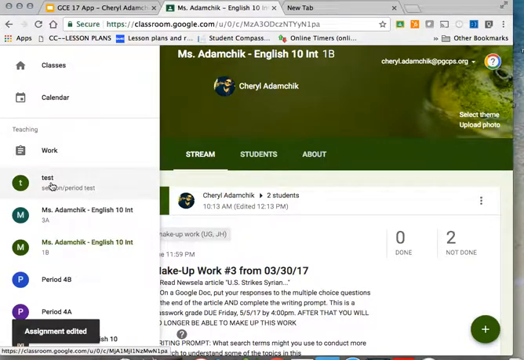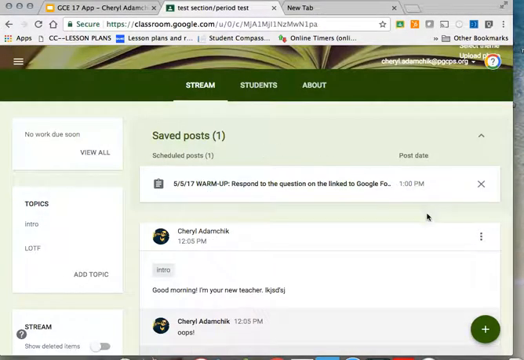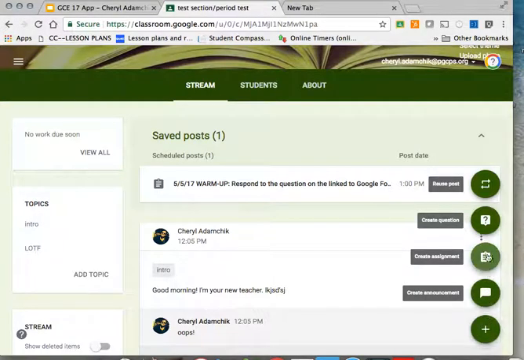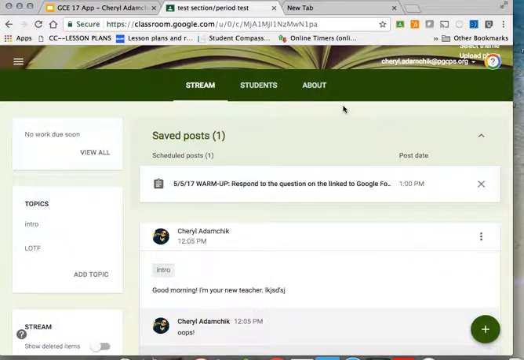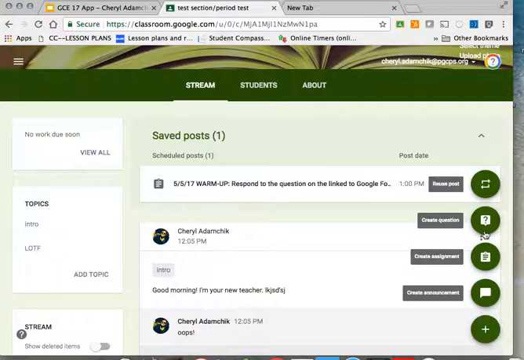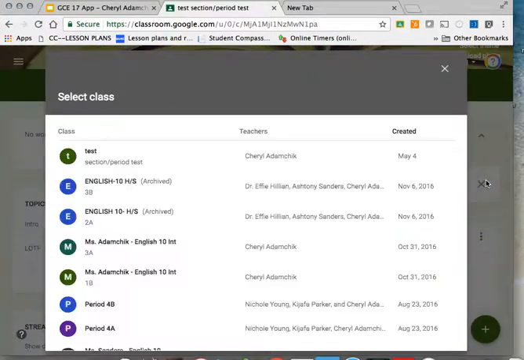Okay, so let's go back to the test classroom. So I want to reuse a post. And again, this is something I love to use because there are always some classes that are doing the same things around the same time. So I'm going to click on reuse a post. Okay, and up here where it says select class,